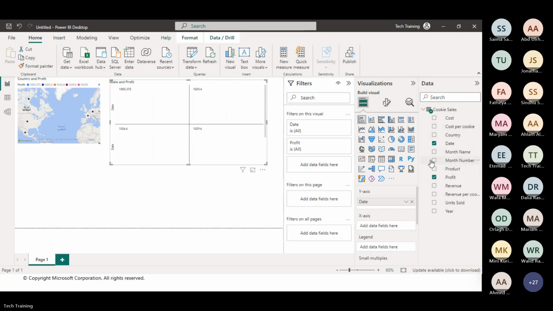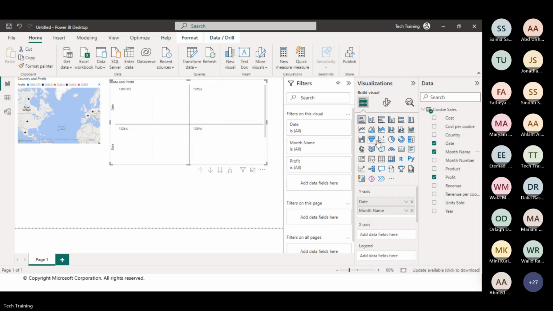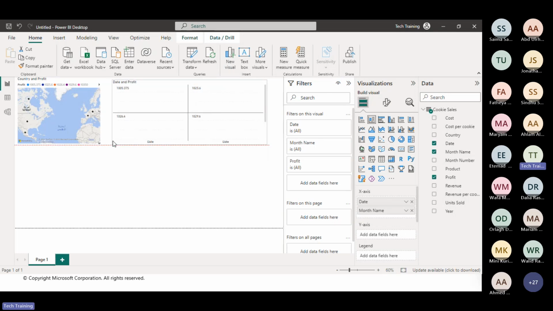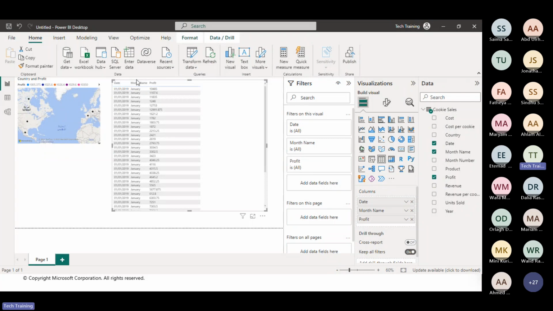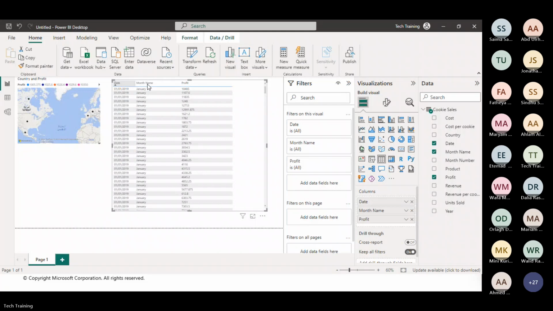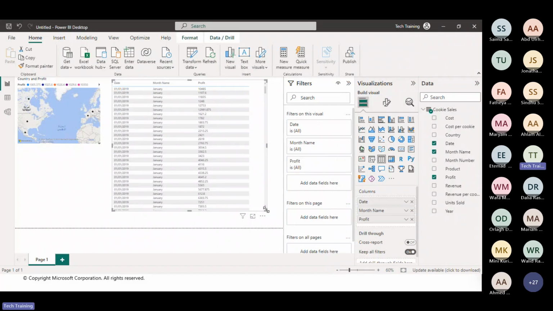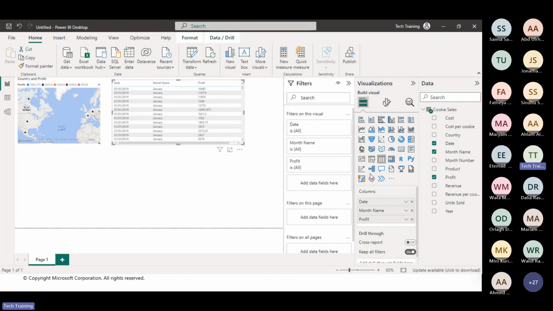With the month name, this is displaying one type. I can also use data tables if I want a table. This will show me the profit per month. As you can see, this is a type. I can make it smaller, and I want to show you one important